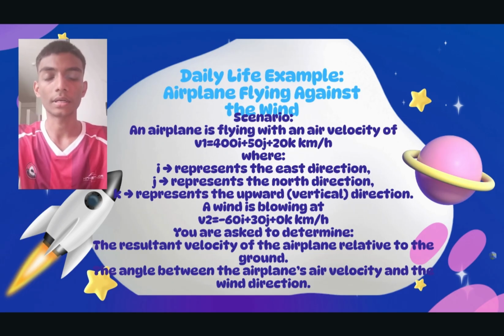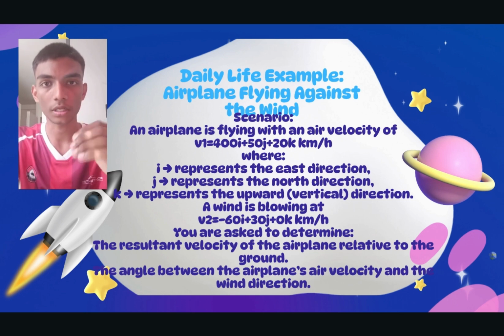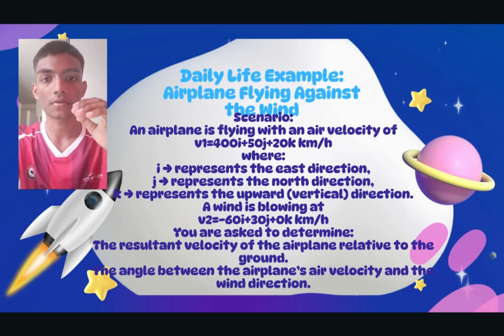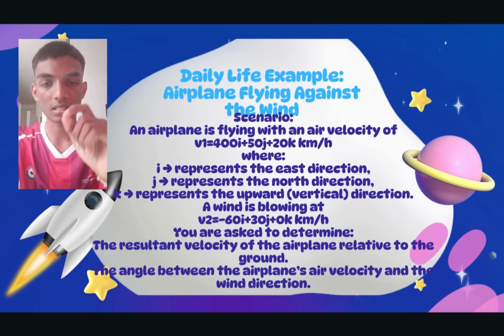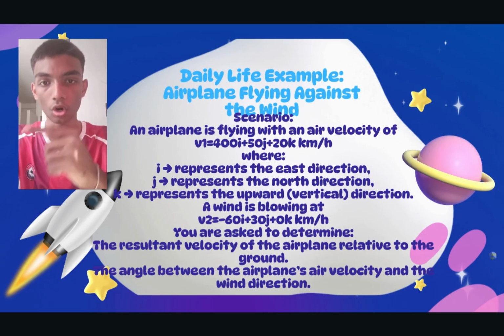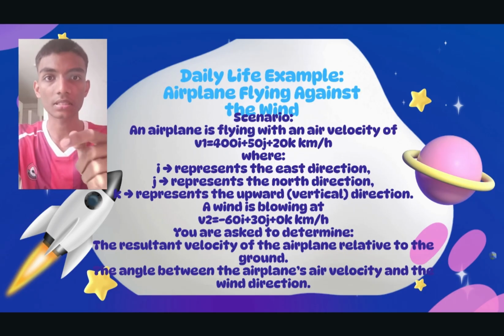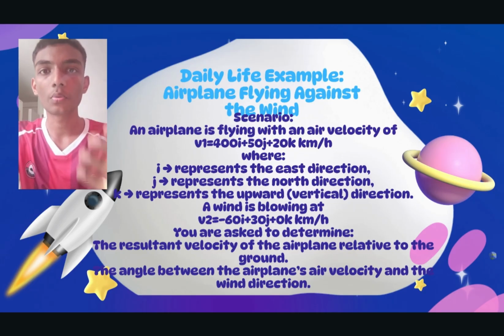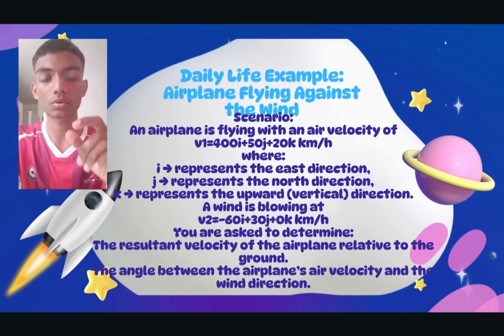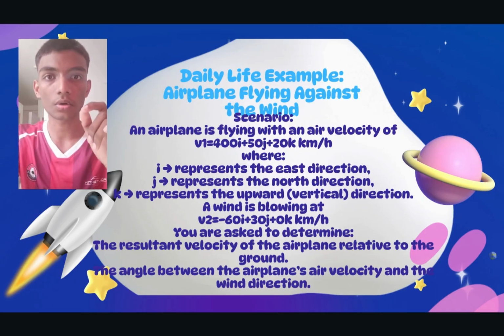So today I'm going to be talking about a daily life example of an airplane flying against the wind. The scenario is an aeroplane flying with an air velocity of v1 equals 400i plus 50j plus 20k km per hour, where i represents the east direction, j represents the north direction, and k represents the upward vertical direction. A wind is blowing at v2 equals negative 60i plus 30j plus 0k km